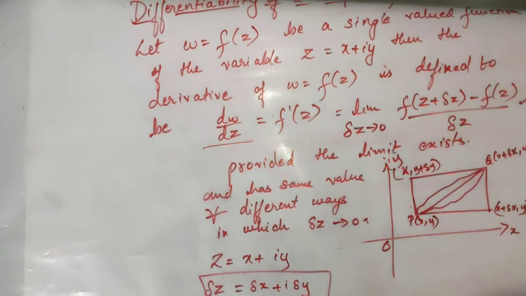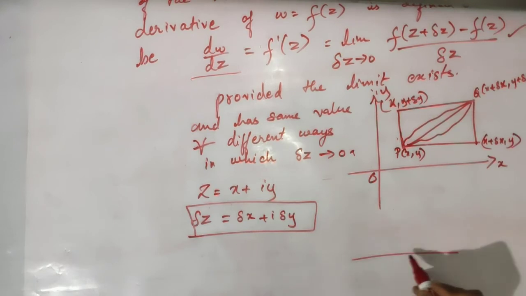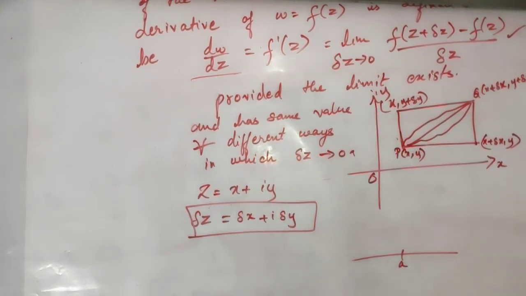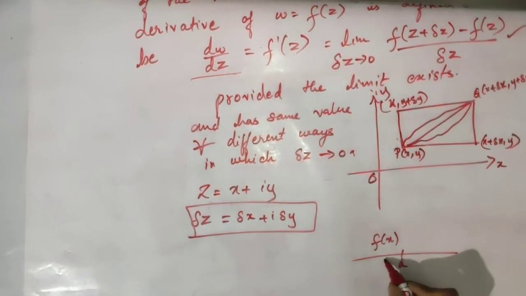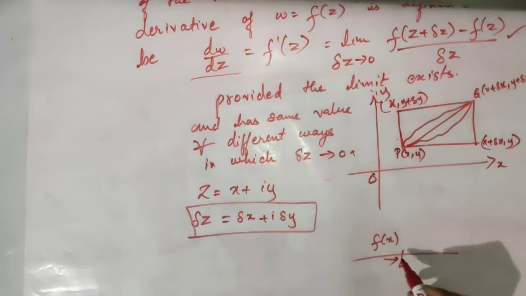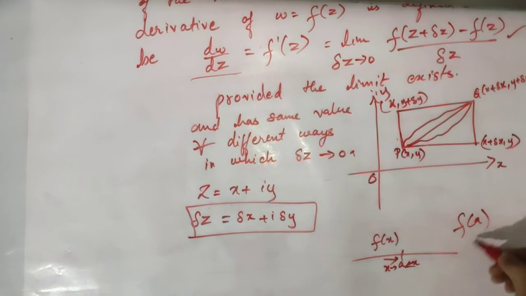Earlier, when we were considering only a real valued function in a given interval, suppose this is a point at which I am considering the differentiability of a real valued function. If I want to check its continuity or differentiability, I had to check its LHL through x approaching a from the left hand side, and x approaching a from the right hand side, and check whether they are the same. If it is equal to f of a, then we say that it is continuous, and you know very well every continuous function is differentiable, is it not? So you could check easily, because you had only two things to evaluate.